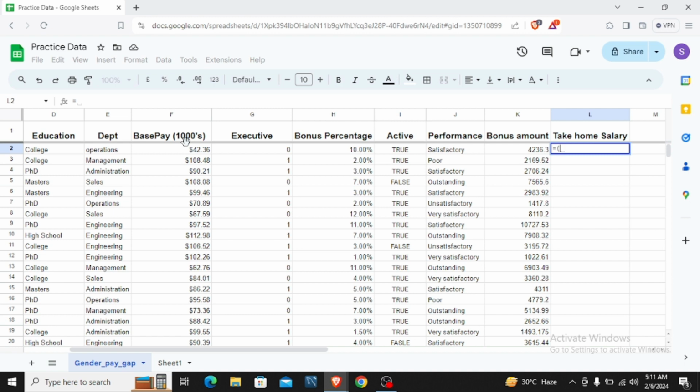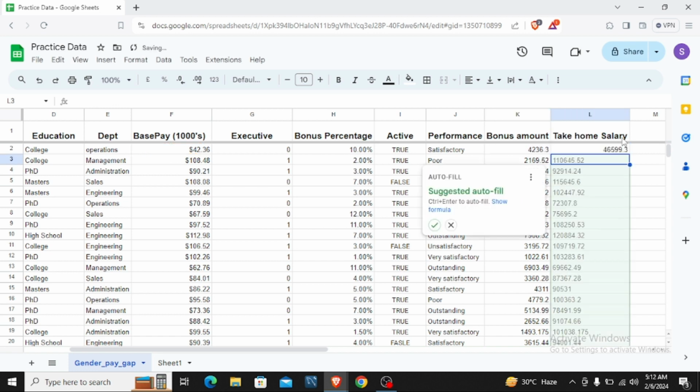We open a bracket for this, take this, multiply it by 1,000, close the bracket, and then bring in the addition symbol, and then we click on the bonus amount, then we can hit enter. So this is going to take this, put into brackets, take this amount here, multiply it by 1,000, and then add the result to this bonus amount here. So let's hit enter, and then we have